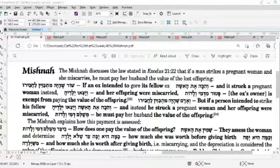What's the inference? The Mishnah implies that the reason the ox's owner is exempt from paying the value of the offspring is that the ox intended to gore its fellow ox. But if it intended to gore the woman herself, and it did so, causing her to miscarry, its owner does pay the value of the offspring to the husband. So the inference is as follows: it's because of the animal's bad aim or misdirected intent. Meaning, what does the Mishnah actually say? Well, it was aiming for its fellow ox and it gored the woman, and that's the reason why the animal is exempt. But if it had been aiming for the woman and gored her, and the offspring miscarried,